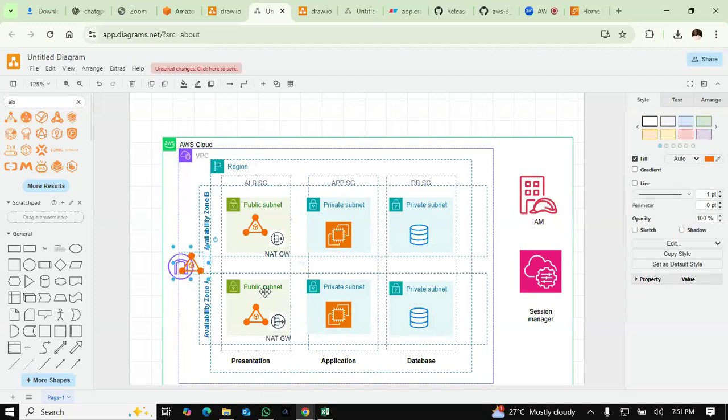Okay, and then if this zone is not healthy, or if this zone is very busy, and this one is free, that is, it is healthy enough to be able to receive the traffic that is coming in, what the ALB will do is channel the traffic to this place. Okay, so it will stand in between here and make sure that the traffic that comes in is balanced. Okay, so if it channels the traffic to availability zone A,